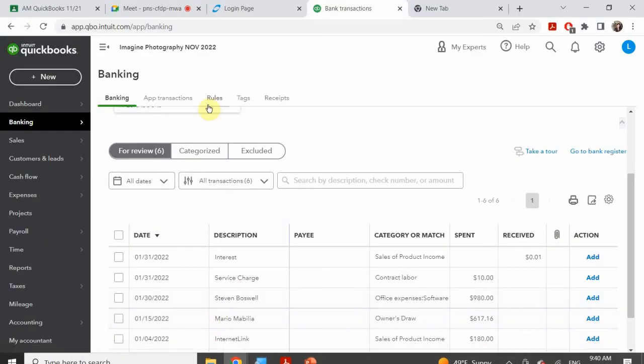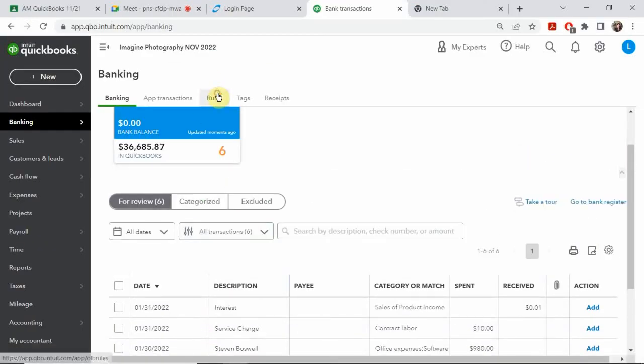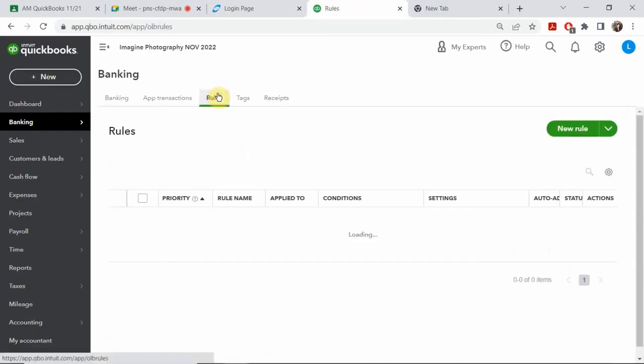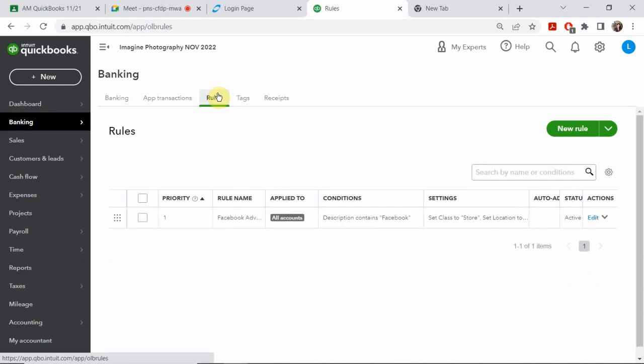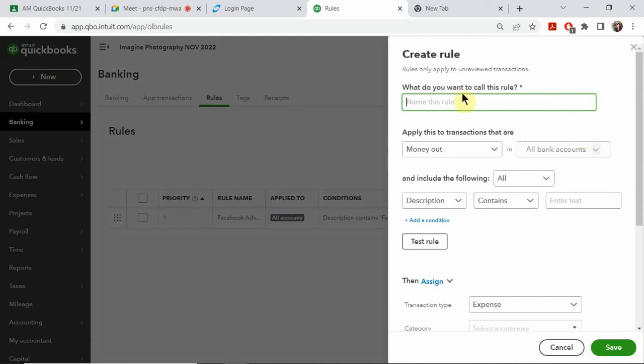Like we did earlier, you could either go to rules and set that rule up ahead of time, or you could create the rule right then and there in the actual banking itself. In this case, I clicked on the rules tab here. It says right here that we have one already made for Facebook. I want to create a new rule, so I click on the top right in green, new rule. And I'm going to say, what do I want to call this? I'm going to call this MailChimp